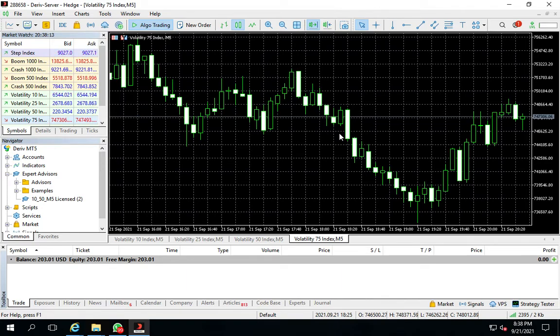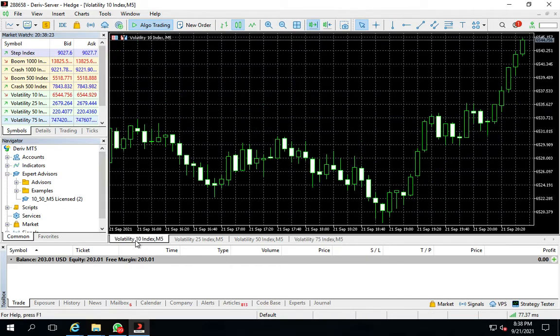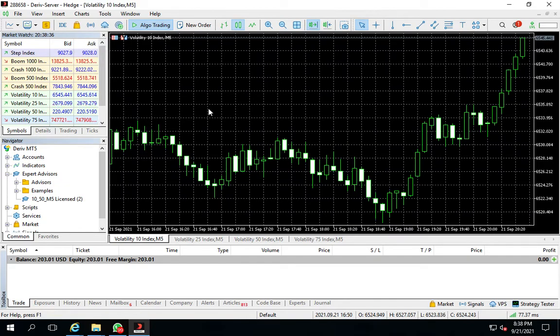Let me explain how the robot works. Because we realize that the majority of retail traders are scalpers, that's why we recommend it to be used on the 5-minute time frame. And from testing a very huge amount of previous data on Forex, we realized that moving average 10 and 50 can be used together simultaneously